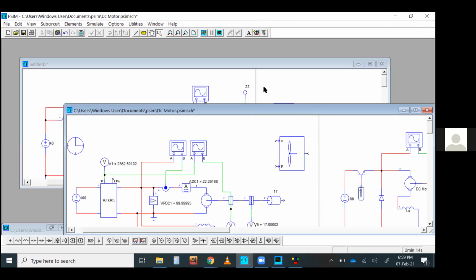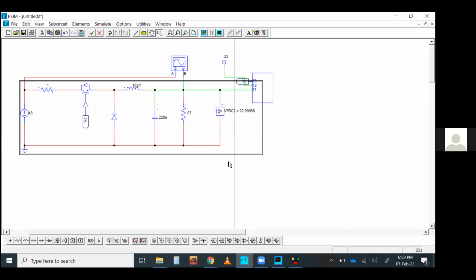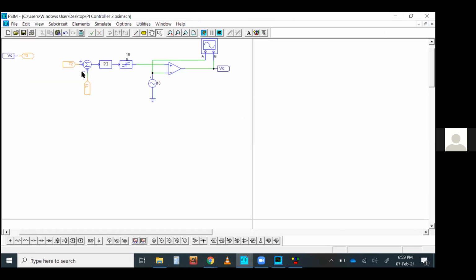Say for example, here in this circuit, this is my control circuit, this is my power circuit. So whatever control system I have designed here, if you want to use a digital controller, then you have to write a C code into the microcontroller, which will replicate this kind of control signal manipulation. If it is not an analog controller, if it is a digital controller, you have to write code to do all these things. But this is called the visual programming.